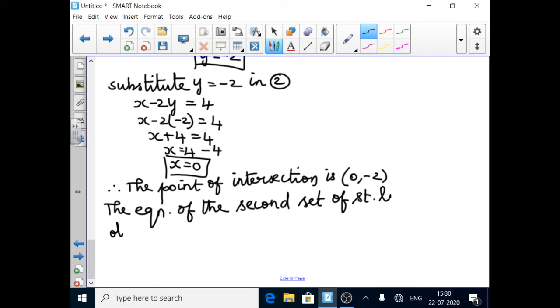Straight lines are... write the equations again. 7x minus 3y is equal to minus 4. Next one, x plus 3 is equal to 2y they are giving. So x you write as it is plus 2y, and the minus 2y is equal to the constant term. Keep the constant term here. But the answer is